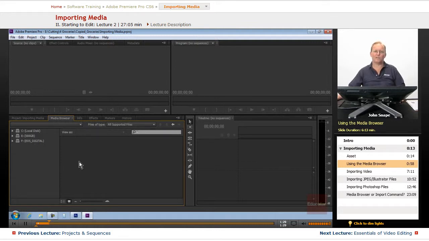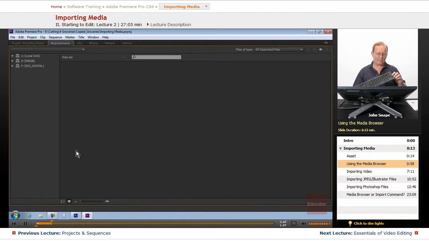Now let me show you a little trick here to make this full screen. If you have your mouse over the tab that you want to make full screen, press the little grave key here, which is on the same key as the tilde key, and it will make the screen full screen. And it will make finding your videos much easier